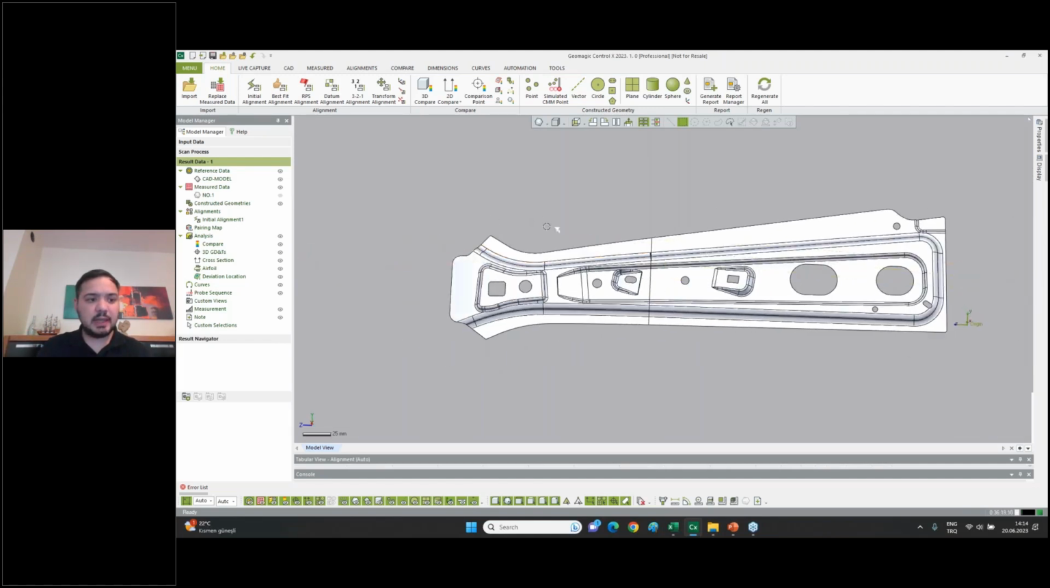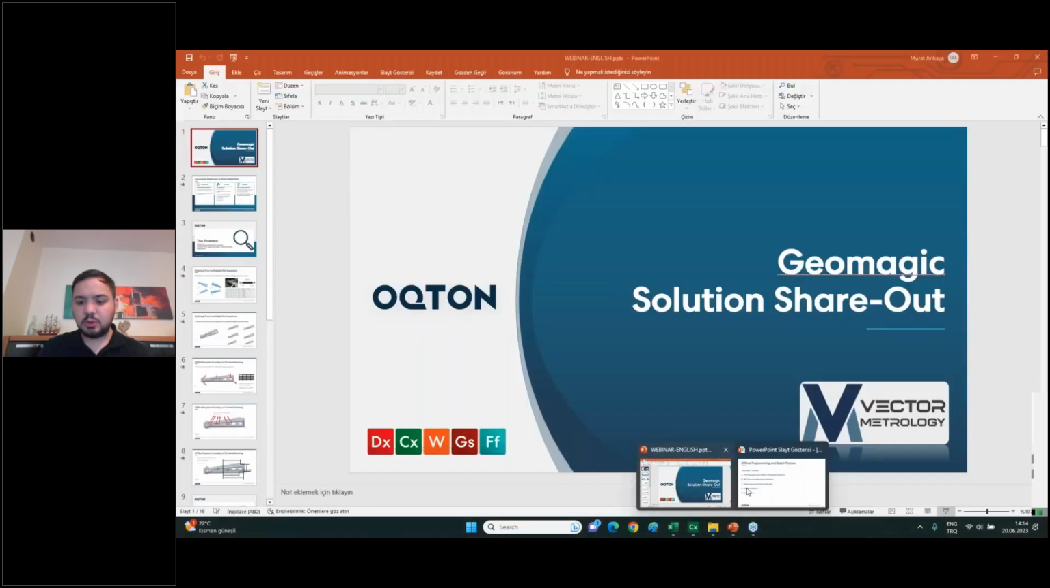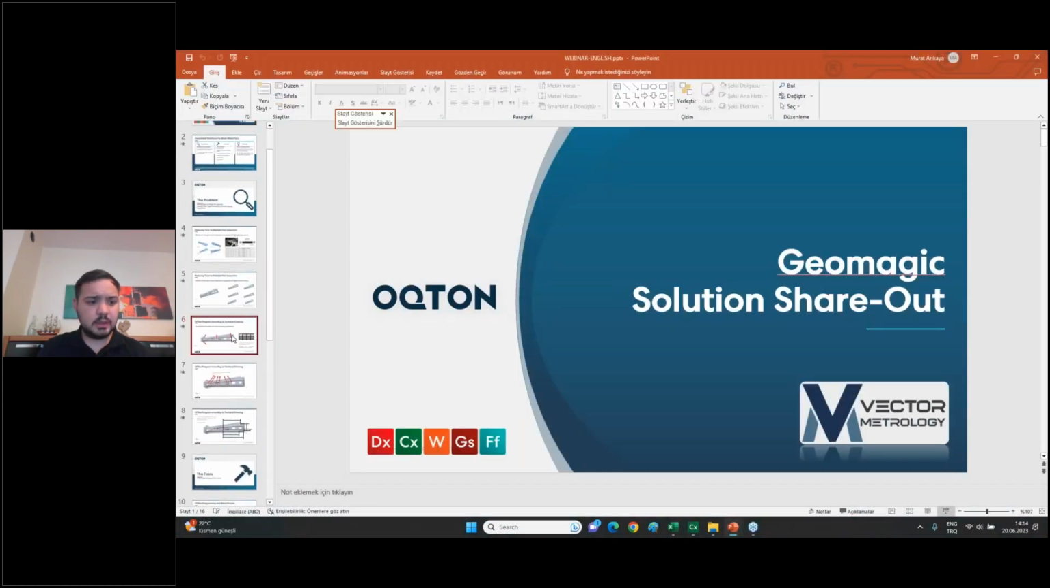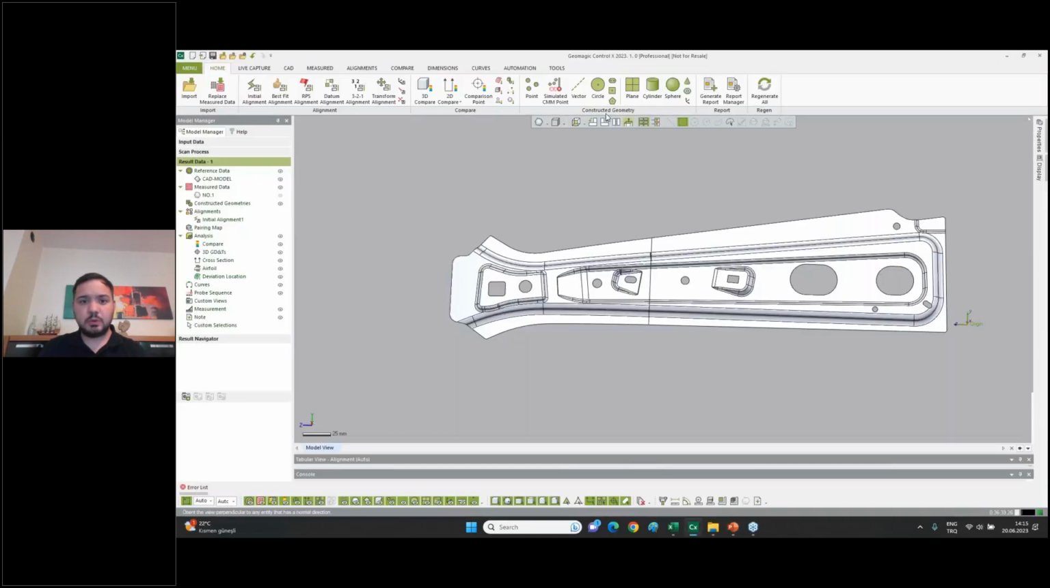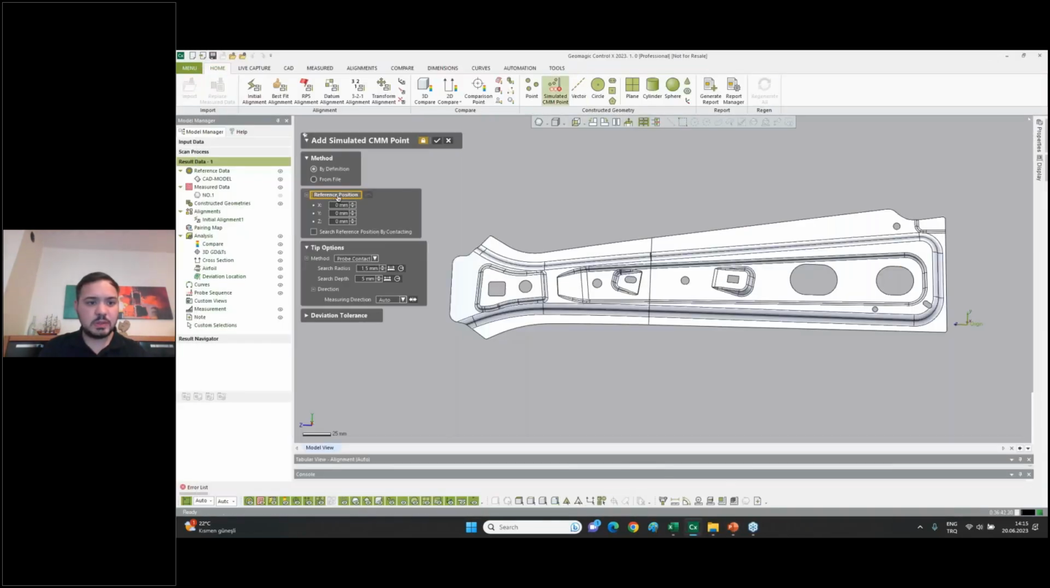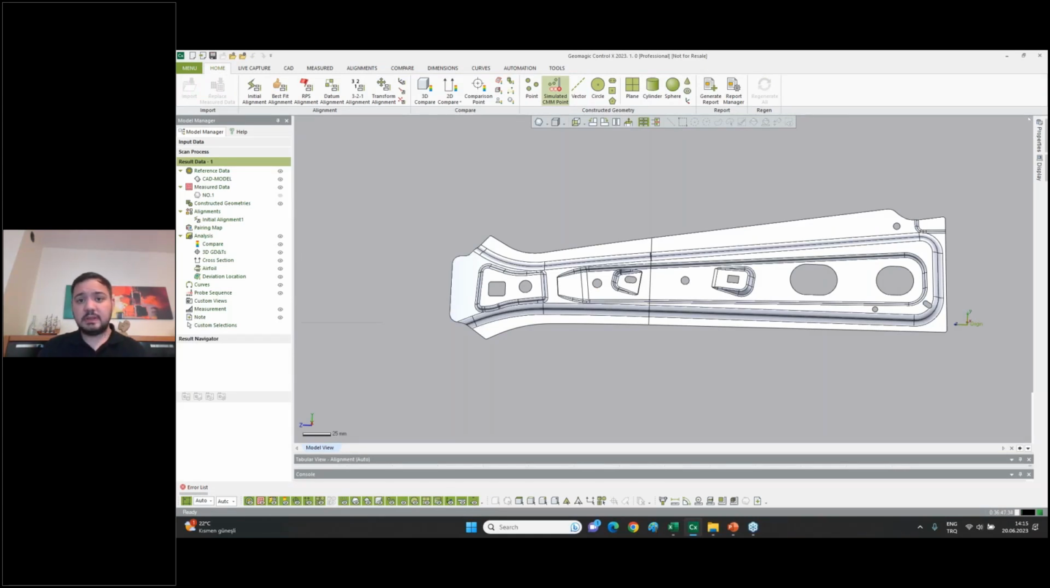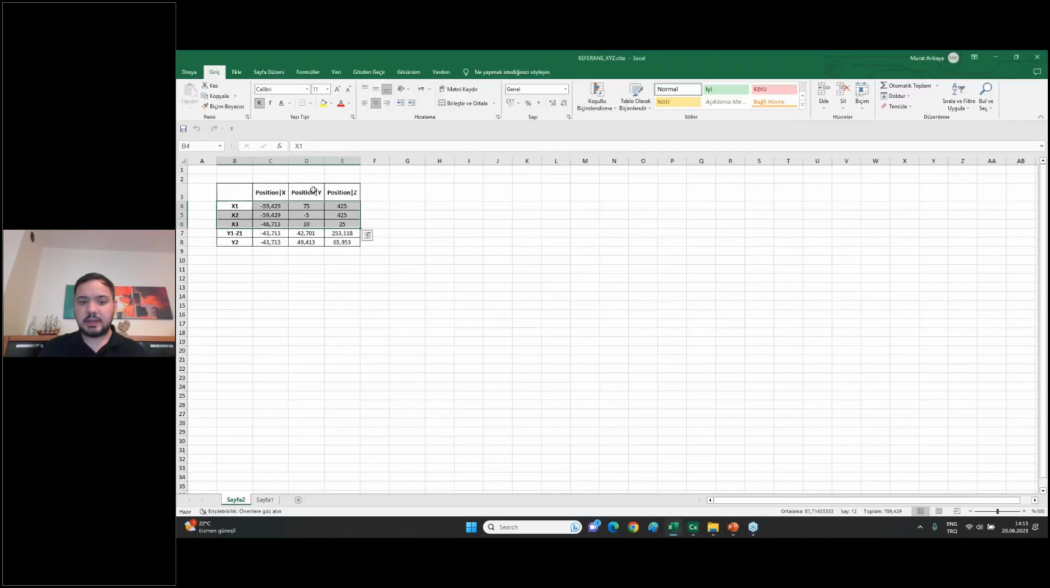So after the alignments, I need to check my technical drawing. And it says I need to do this alignment to check profile tolerance and boundary tolerance. There are two different ways you can do this. The first is you can write these values to simulate CMM points using the reference position. Also, if you have an Excel or a text file, like I have one,